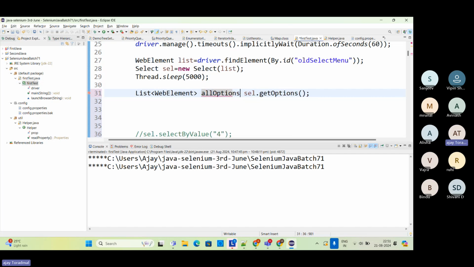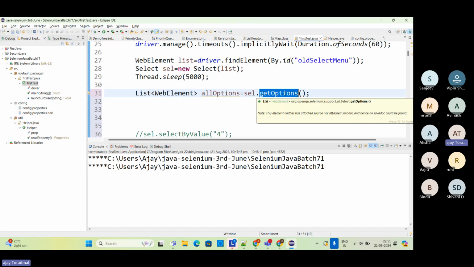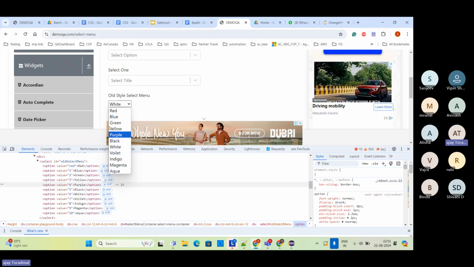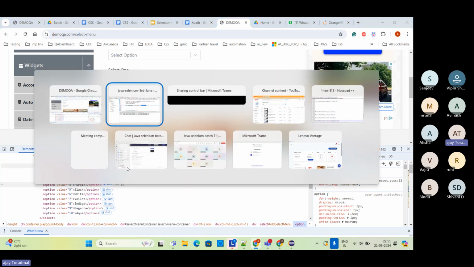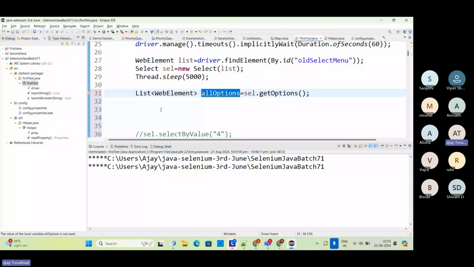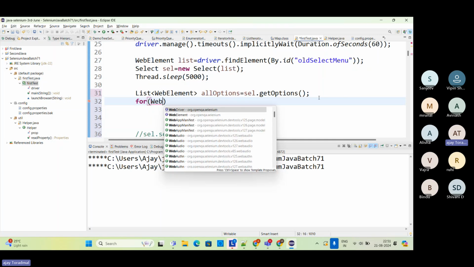Basically what this getOptions method is going to do is read all the options from this drop down and return them in the form of web elements. So we are storing all the web elements in this allOptions variable. Now I have to fetch the elements one by one. So how to fetch it? With the help of a for loop. I'm going to say WebElement